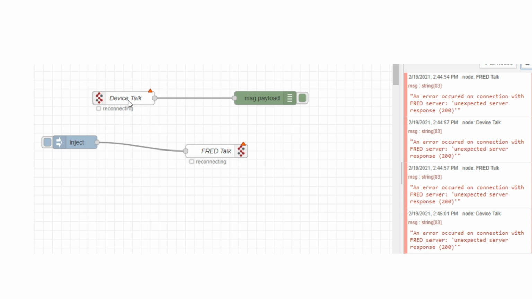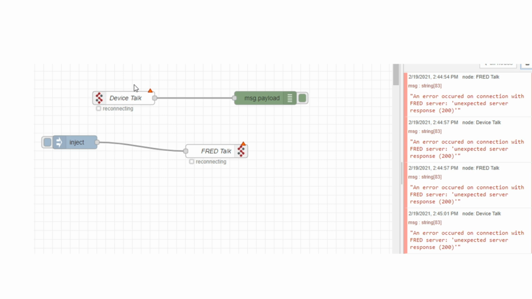I'm going to use the same FRED in and FRED out, along with a debug node and an inject node. I have configured the same thing. Again, the properties have to be set: I set the endpoint as MIOT, choose a public endpoint, and then give the device name, the name of your FRED in and FRED out. So this is your user configuration.